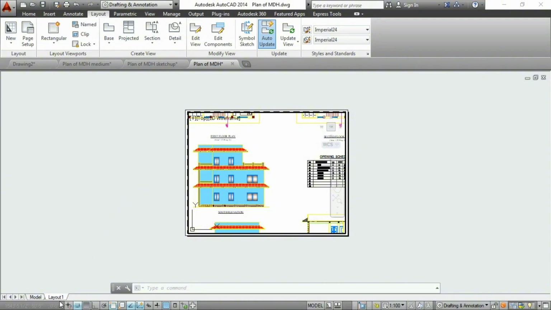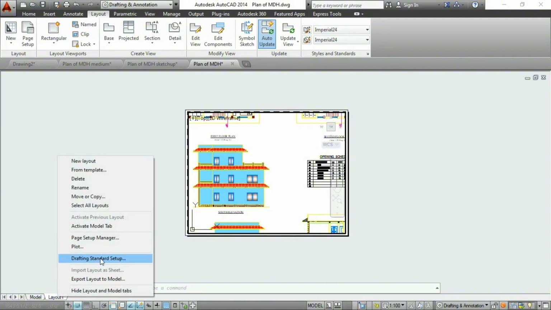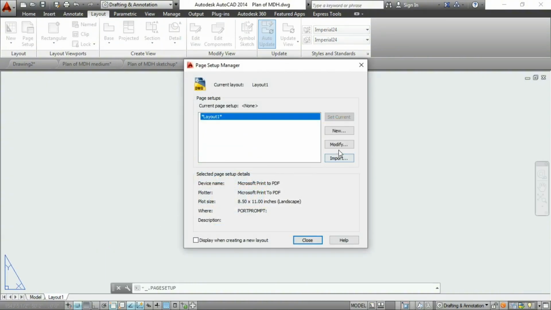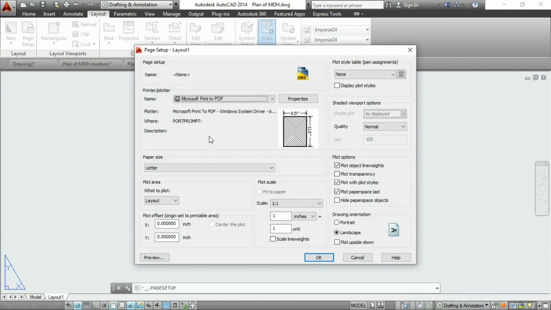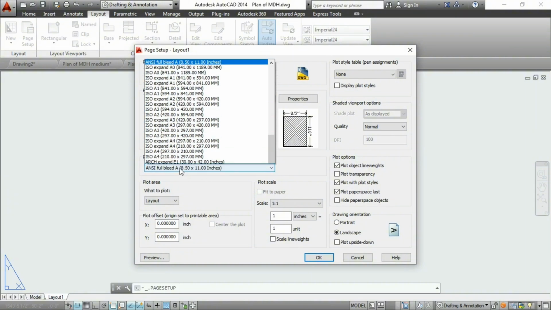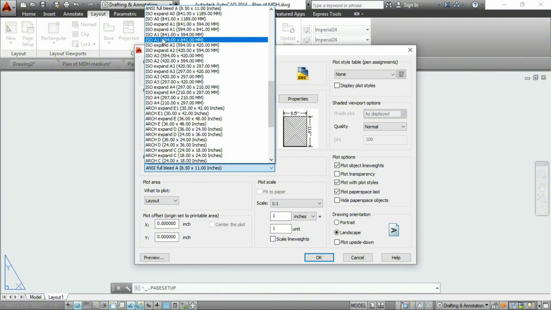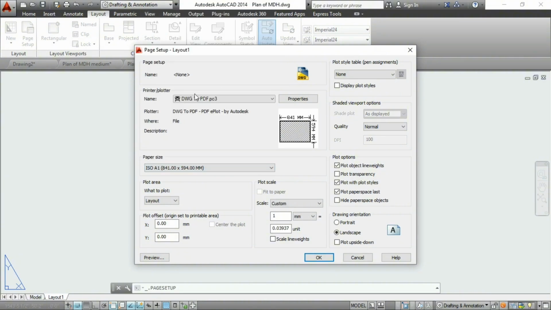Okay, for that right click in layout, go to the page setup manager and modify it. I will be converting it to PDF, so I will select drawing to PDF, and the paper size will be A1, ISO A1 in landscape mode. Okay,